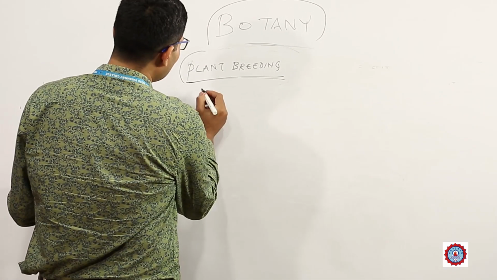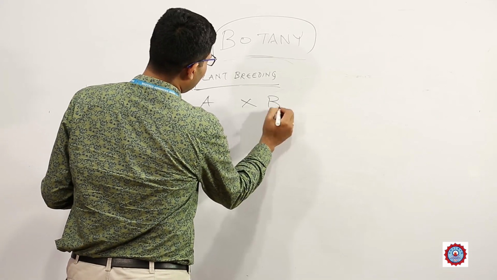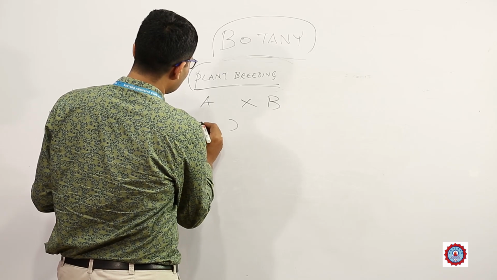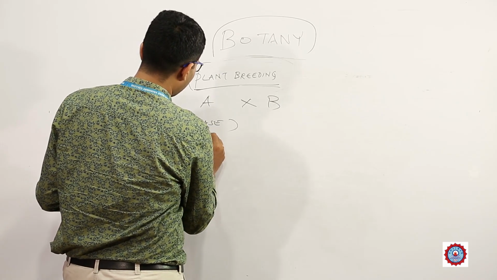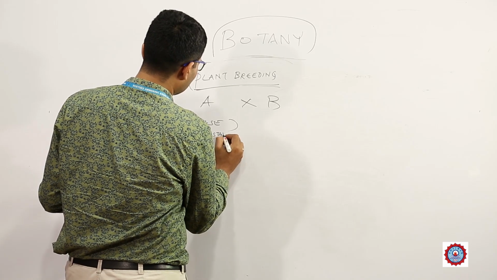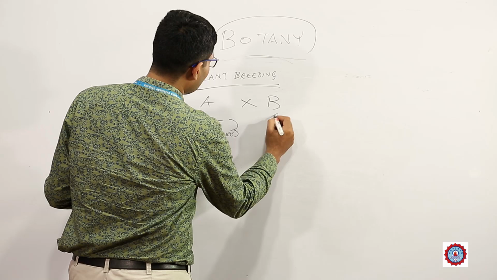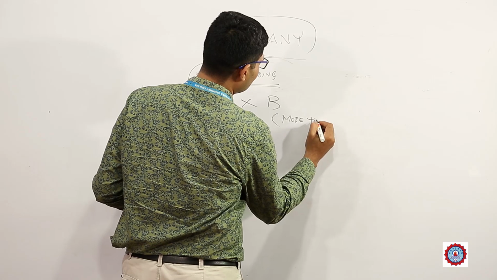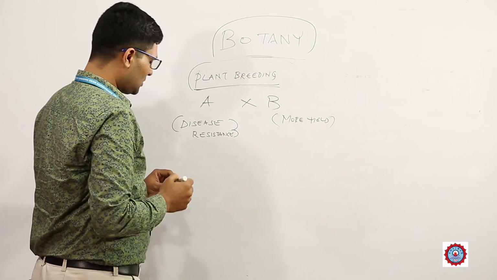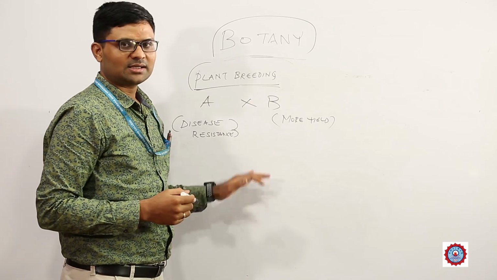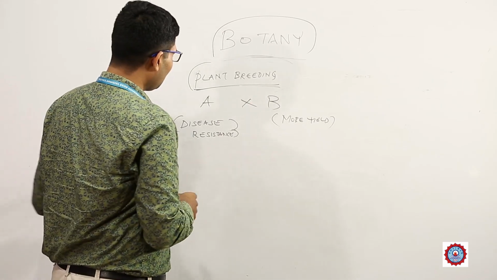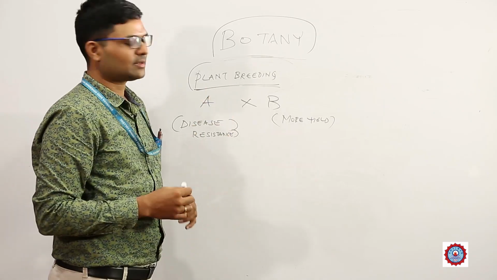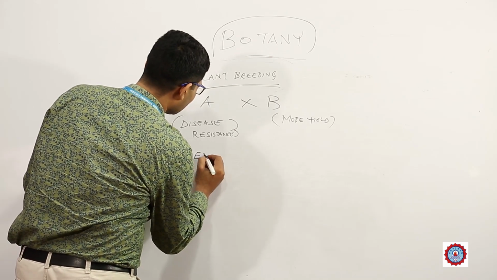So for example, when we take two plants, right, A and B. Plant A would have disease resistance, and plant B would have more yield capacity, right. So we want both these characters, then what should we do? We would combine these two plants, but practically it's not possible. So there are certain techniques like emasculation,